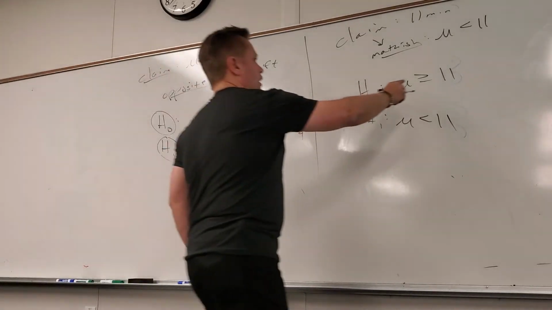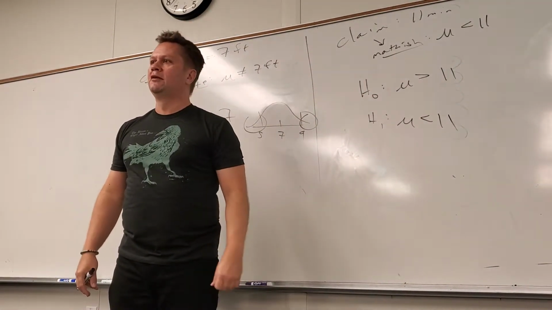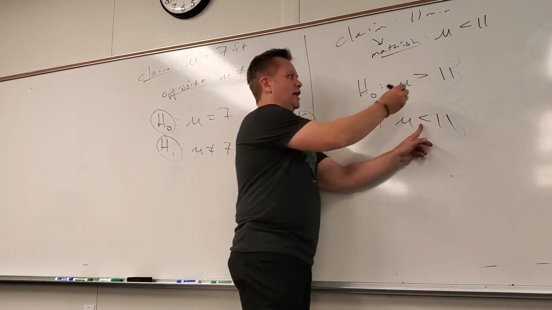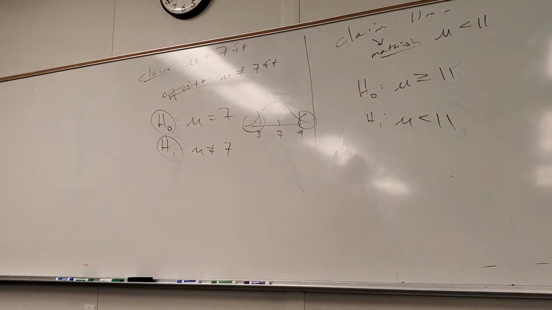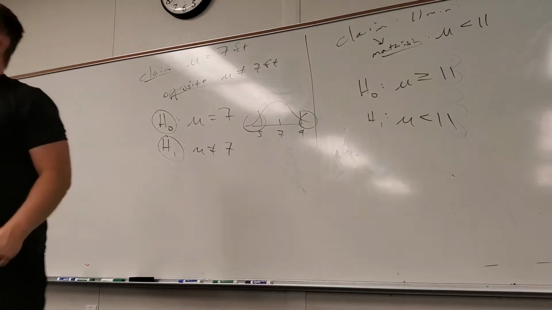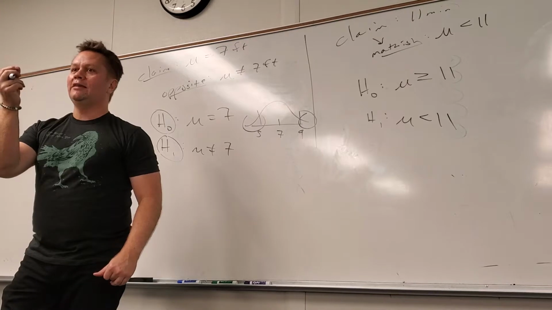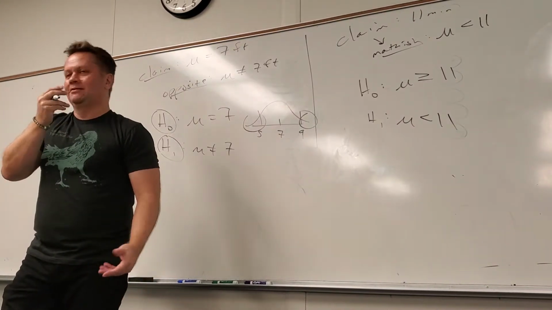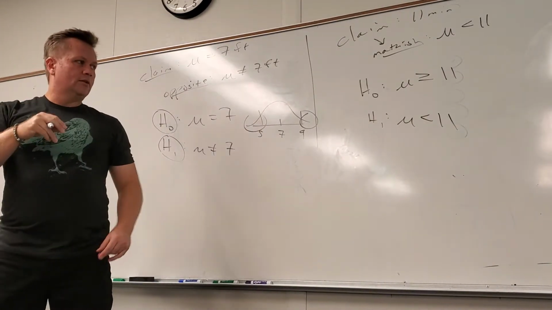Why are these two statements not opposites? Because together they don't cover everything. Together they leave out 11. So if this guy leaves out 11, the opposite better include 11, right? And then that kind of goes along with what I said. What's the Ho always going to have? The equal sign, 11. Learning so much, aren't we? You guys, so